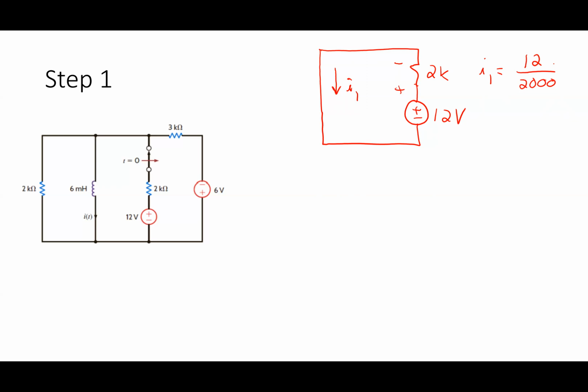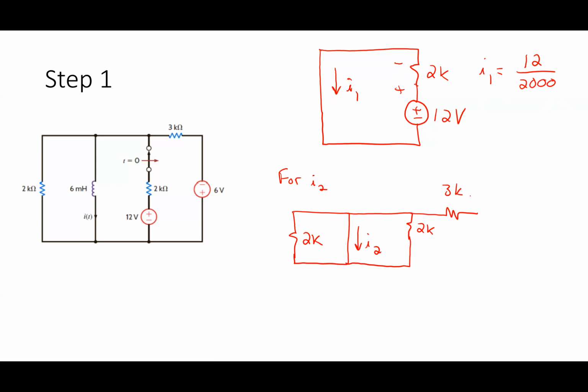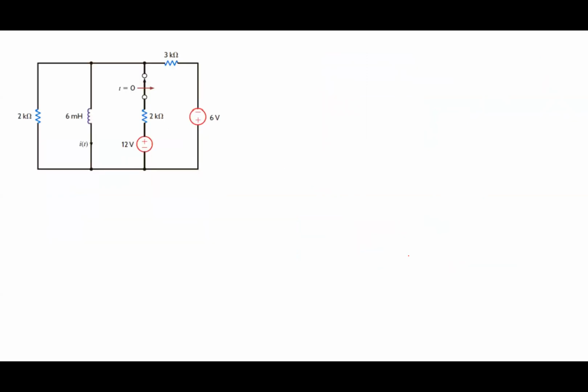So that means that for I2, I have 2K, short circuit with I2 in it. I have the 2K resistor just by itself, right? And then I have this 3K and this 6 volt source like that. All right, now,